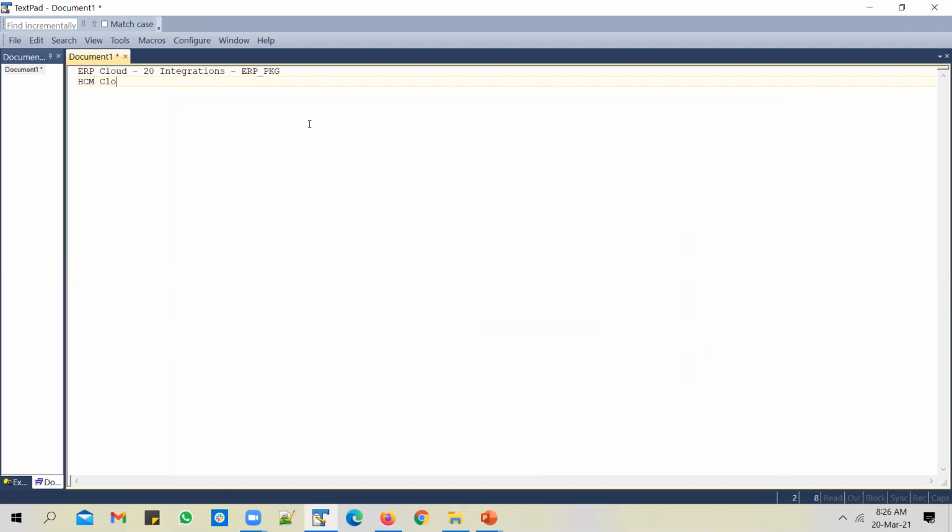And say, for example, you're building 30 integrations related to HCM cloud. Then you will place them in an HCM package. And when the client asks you to migrate all the HCM cloud related integrations from a dev to a SIT instance, or maybe a UAT instance,